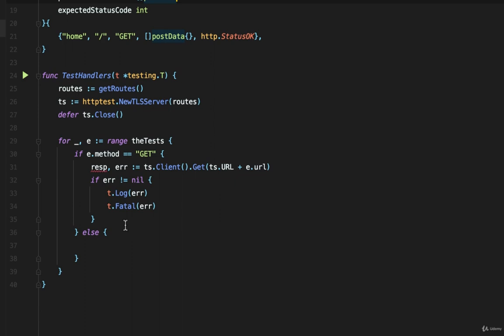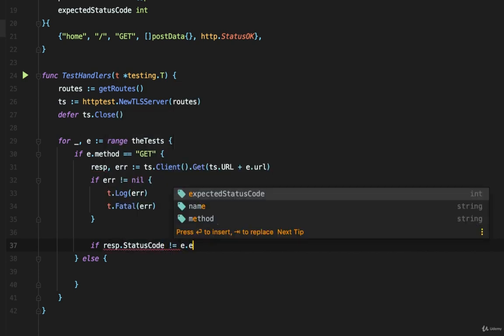All right, if we get past that, then we need to check our response. And how are we going to do that? Well, we're going to do it by looking at the status code we get back from our test server and comparing that with our expected status code. And all we have to do is say if resp.StatusCode is not equal to our expected status code, e.expectedStatusCode,